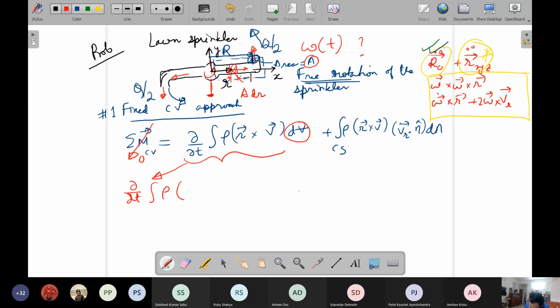So small r as a vector, we can write r into i, unit vector along x, and capital V. Let us put some different brackets because different terms will come up here. So R i cross